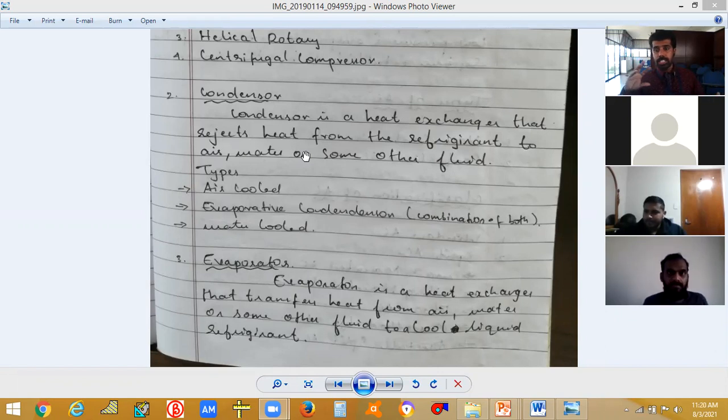So in a heat pump, we can interchange this function by reversing the refrigerant flow. The condenser becomes the evaporator and the evaporator becomes the condenser. So in the room you will get hot air, and outside the cold air will be ejected out. That is mainly used in cold seasons. We will study that in coming classes, but I just mentioned it.